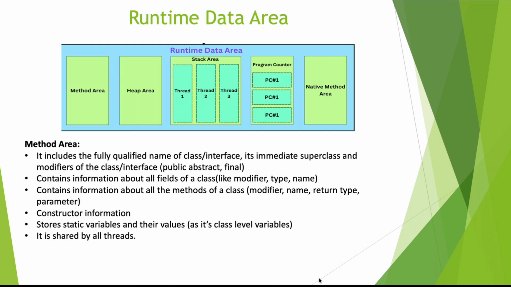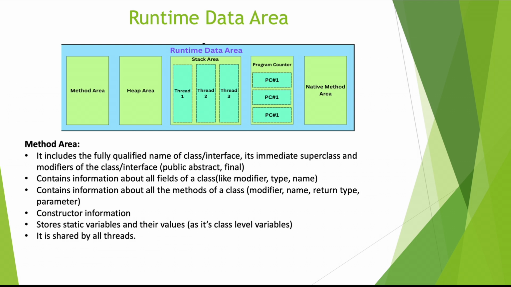So now let's see runtime data area. The first block in runtime data area is method area. It includes all information of our class, like class name, fully qualified class name, interface name, its immediate superclass name, and modifier of that class or interface, like public, abstract, final. It also contains